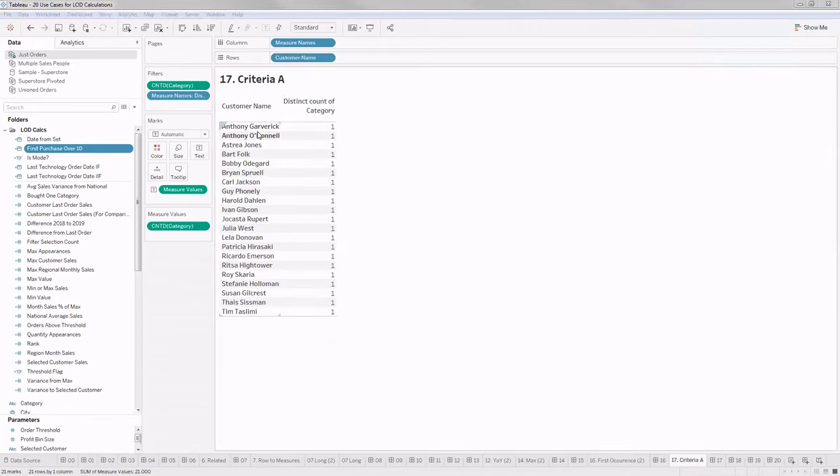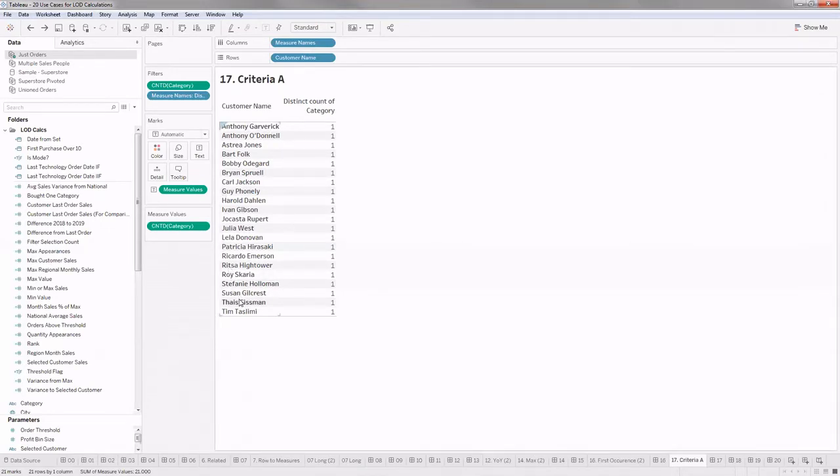I'm interested in knowing who are all the customers who have purchased from only a single category. I know this can easily be achieved: I put customer and count distinct of category in my text, and it will give me all the values. Then I put a filter to show only where the count distinct is one, thereby getting all the customers who have purchased from only one category. This is pretty straightforward. Now let's say we want the number of these customers.